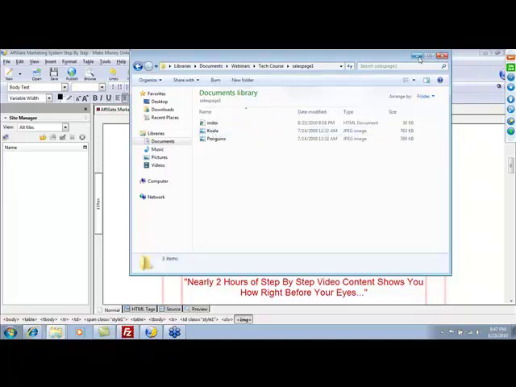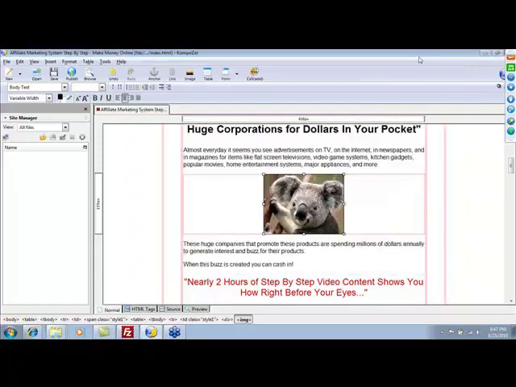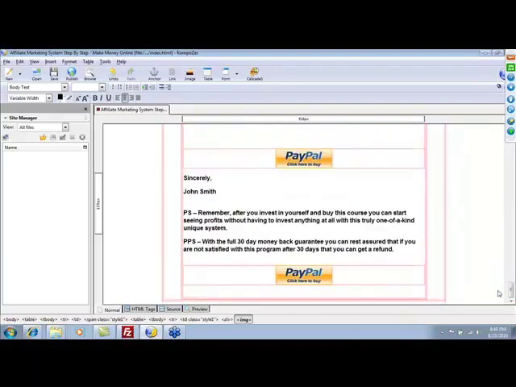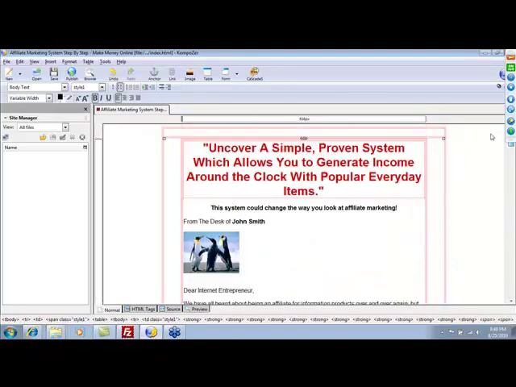And the reason you do that is so when you go to upload, you have to upload the pictures along with your sales page, so that when it goes online, it's actually going to show the actual pictures, which is obviously what you want here. So now that we've accomplished that, we've changed our name down here. I've showed you a little bit about how to edit it. We're up to a spot where it's time for you to go ahead and work on putting in your